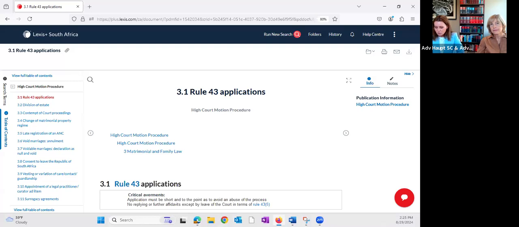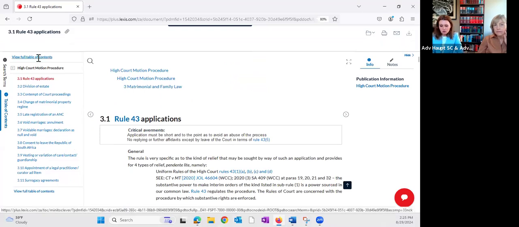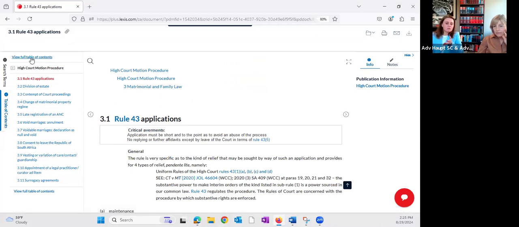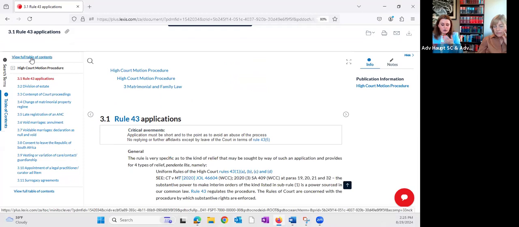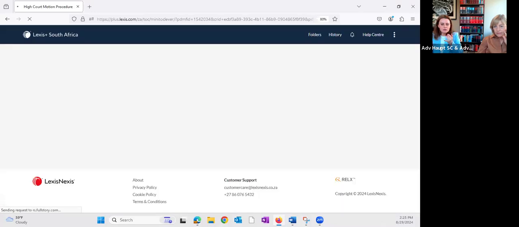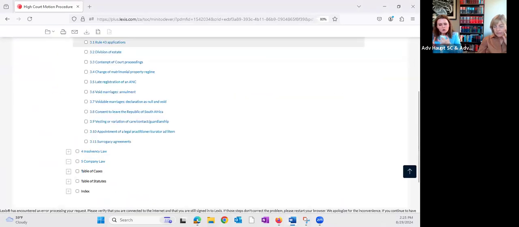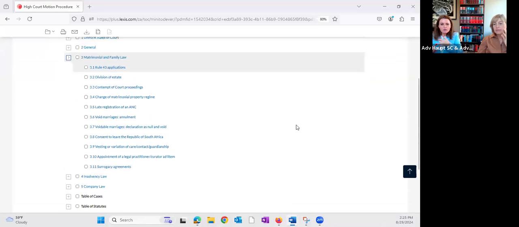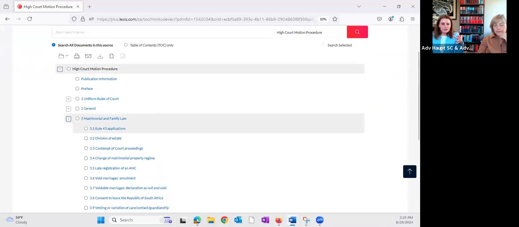Very important as well is that the person who is going to draft the affidavit is the person who must consult with the relevant witnesses, right? So remember, you might have more than one witness. So you're going to have either your applicant or your deponent on behalf of the applicant, if it's a juristic entity. But you might also need some confirmatory affidavits from other witnesses, right, who can confirm a certain version of events, or